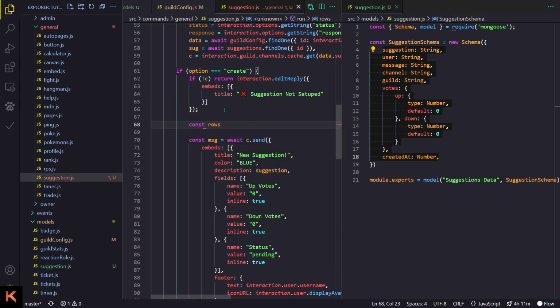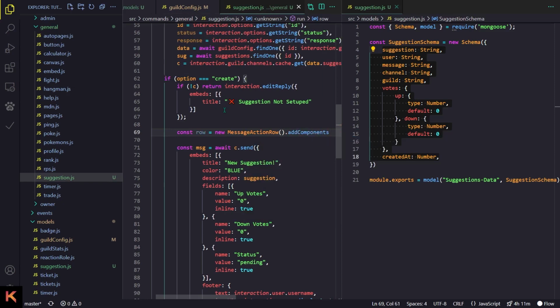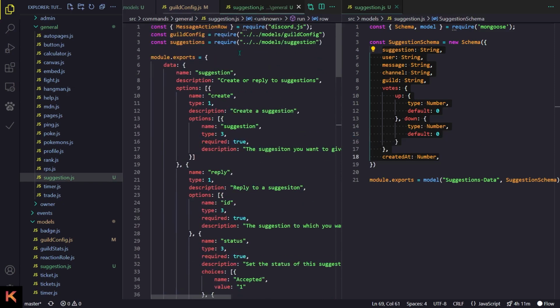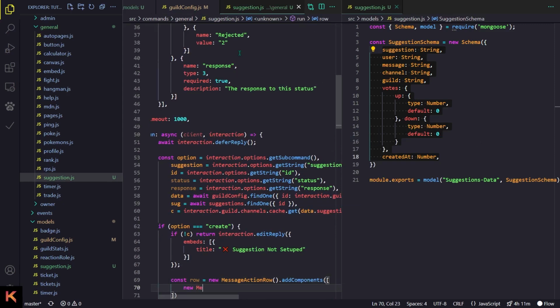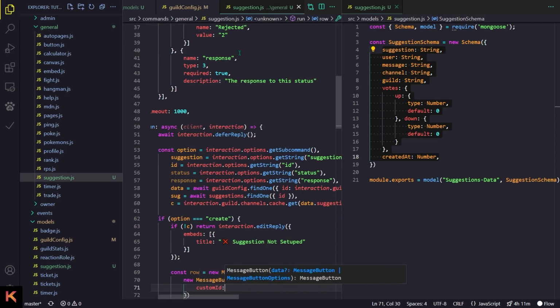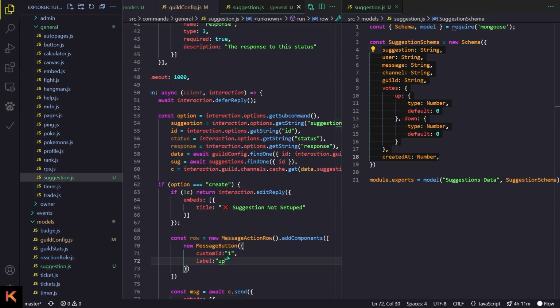So first of all, we will have a row. It is going to be a new message action row, and then we will add some components, and by the way, import it like this. And then the components are going to be an array in which I will have a message button, and it is going to have some stuff like, first of all, the custom ID is going to be 1, and then comes a few more things. First of all, we will have the up arrow, and we are gonna say upvote,